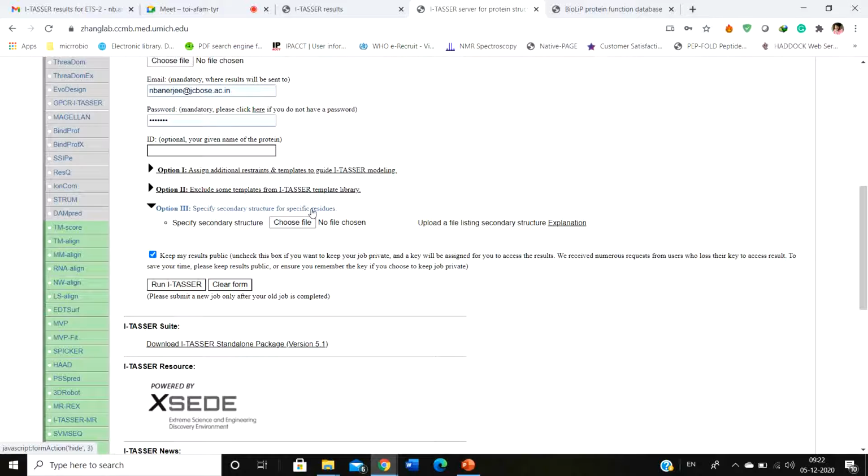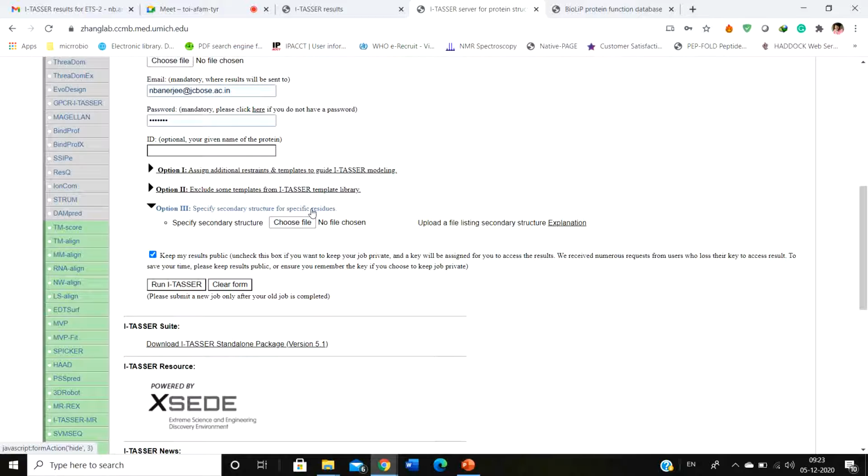If you remember the Chow and Fasman method, it simply gives you the secondary structure, but residue specific. This residue will be helix, this will be coil, this will be turn. This is why we require the Chow and Fasman server also, because you identify each residue and specify which residue has which secondary structure, so that your structure calculation becomes much more rigid, much more redundant. Okay, got it?